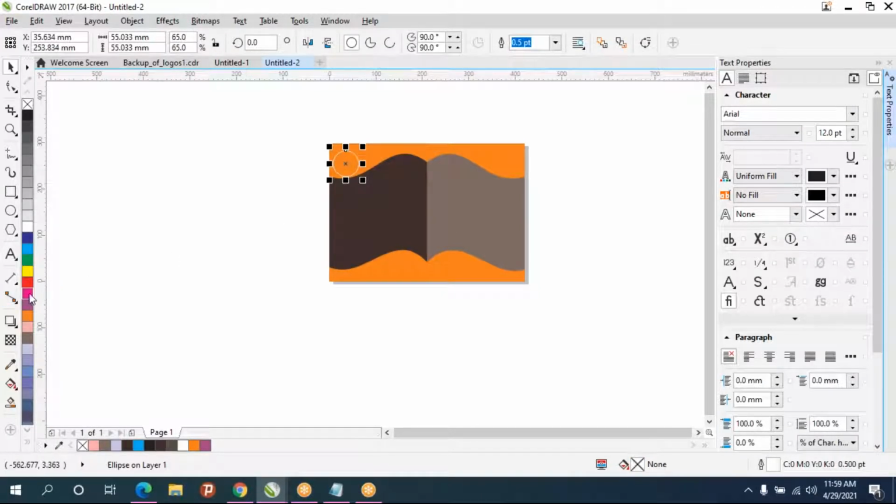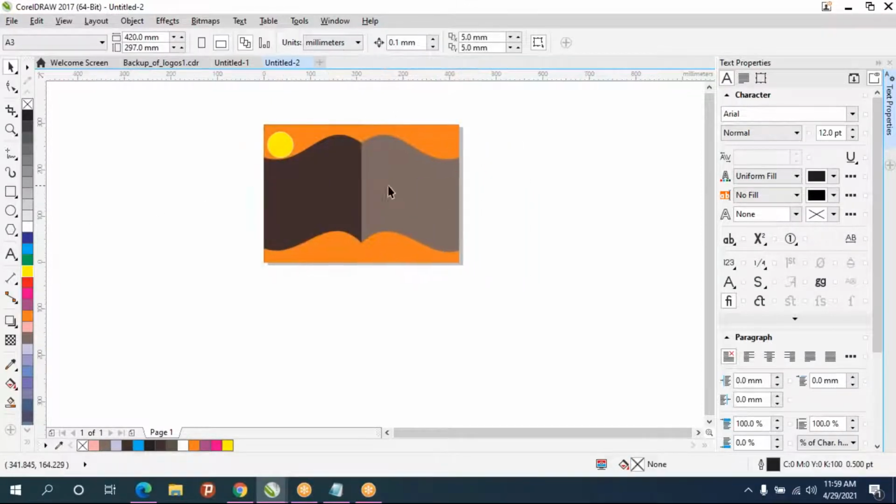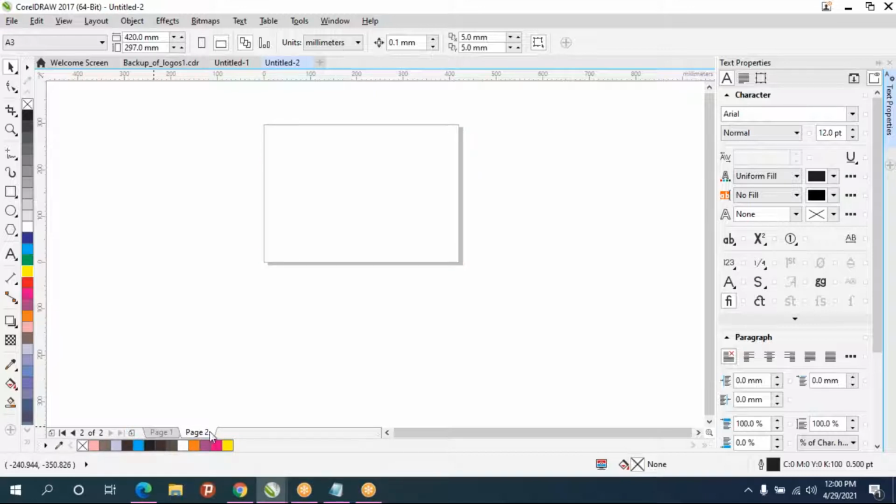So this one I'll keep my logo afterwards. So let it be. Afterwards we'll decide what to do. And now, we need content to create. So for example, I'm going to create a restaurant. For that restaurant, I have to create a brochure for advertisement purpose. So this is my inside page, and I'll create one more page in the bottom. You can see page 1. I'll create one more page.